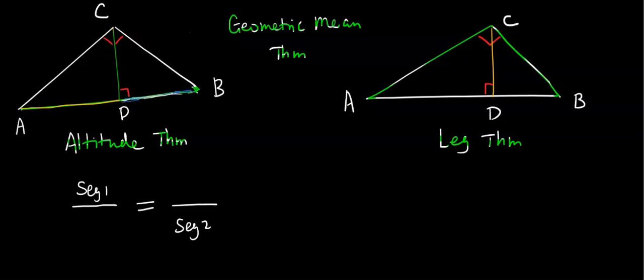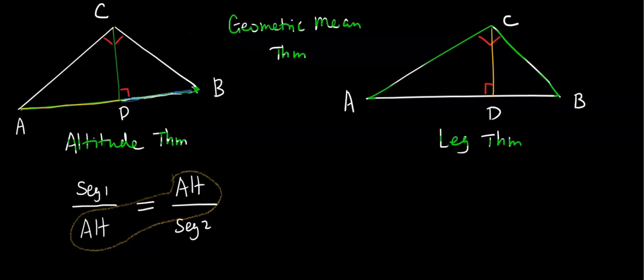But what really matters is you need to put the altitude right here, because from the previous lesson, and also from your pre-algebra or middle school, you learned that this part is called the mean. So make sure you put the altitude at the mean. Therefore, if we say this rule in words, we say segment 1 to altitude is altitude